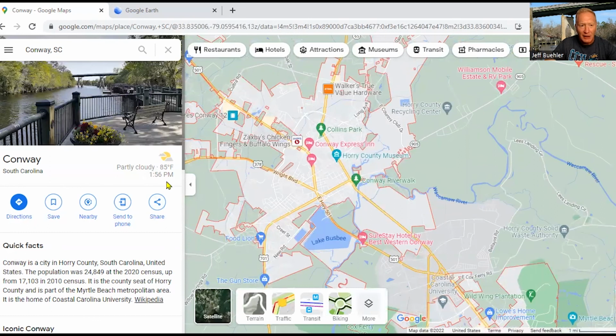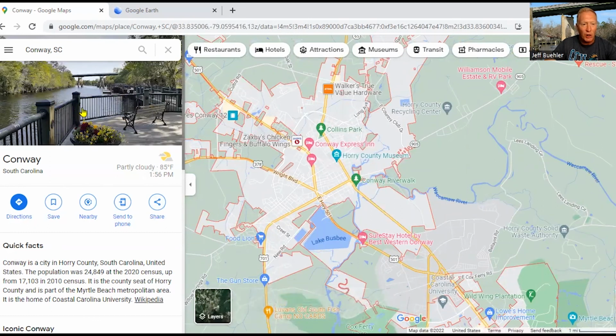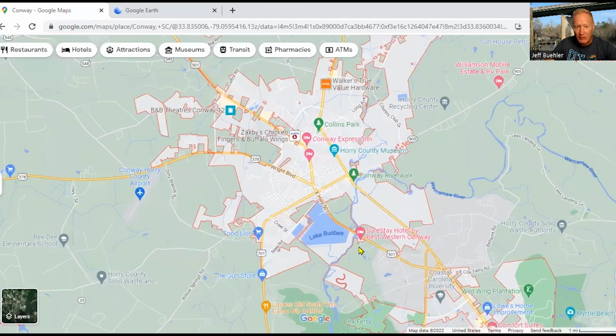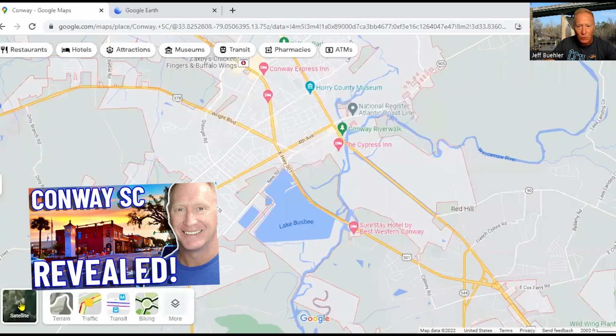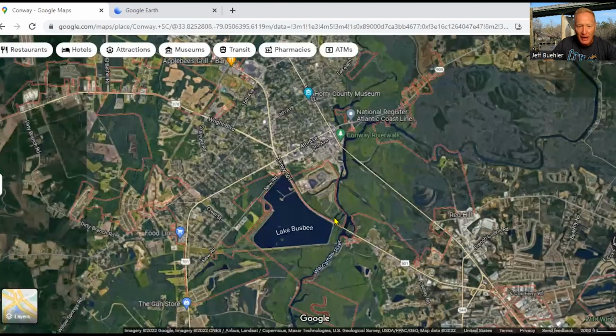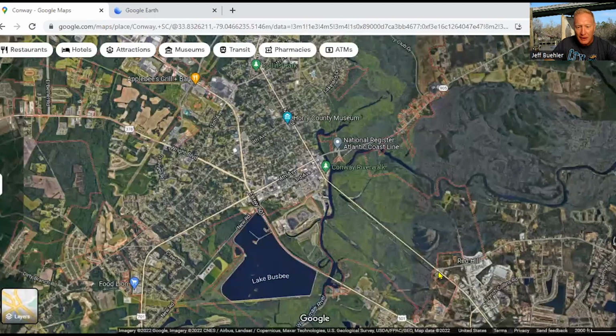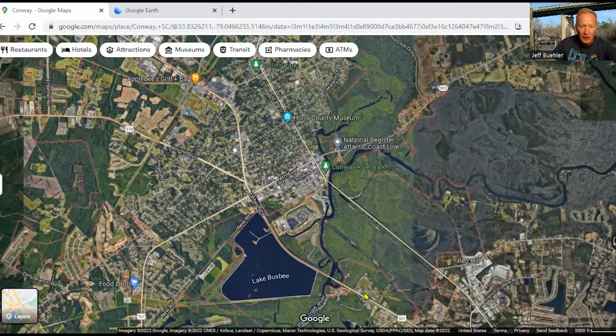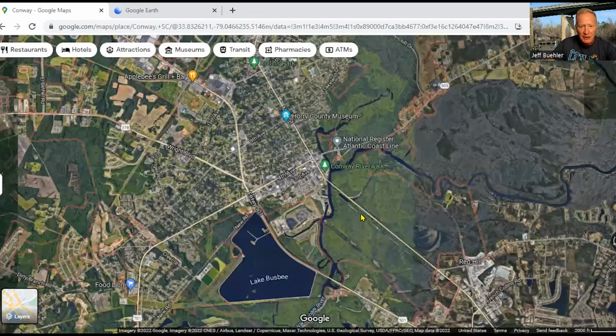Let's take a satellite view so we can see the Riverwalk here, which is absolutely gorgeous. If you've seen my vlog tour, you'll know exactly where I'm talking about. You'll have a good idea of what that looks like and where that's located. So right here, this is Business 501. If I scoot to the left, this is going to be Bypass 501. So Business 501